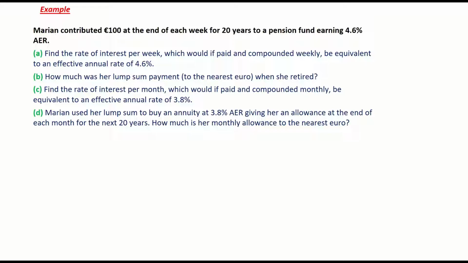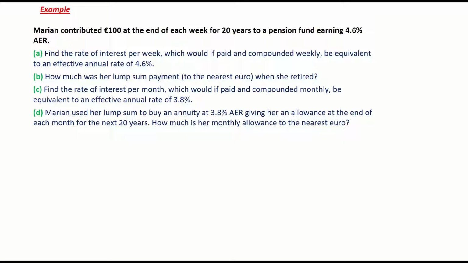Here's a typical exam question. Marion contributed €100 at the end of each week for 20 years to a pension fund earning 4.6% AER. Find the rate of interest per week which would, if paid and compounded weekly, be equivalent to an effective annual rate of 4.6%. So very text heavy really here, but basically what it's getting us to do there in part